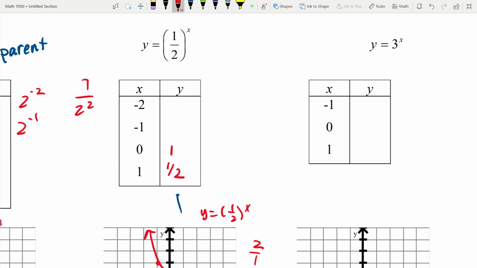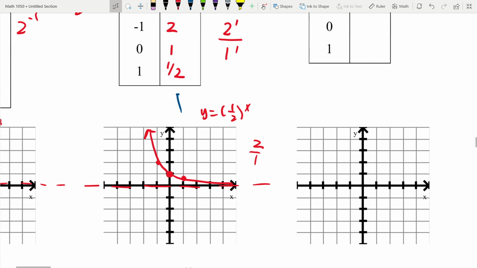1/2 to the first power is 1/2. This is why it's 2 over 1. Write this down, okay? Everybody write 1/2 to the negative first. So that's 1 to the negative first over 2 to the negative first. But you can't have negative exponents. So the 2 to the negative first comes up and becomes a 2 to the positive first. The 1 to the negative first comes down and becomes a 1 to the positive first. So I have 2 to the first over 1 to the first, which is a 2. So that's why I flipped that guy upside down, and that's how far I knew to go on the other